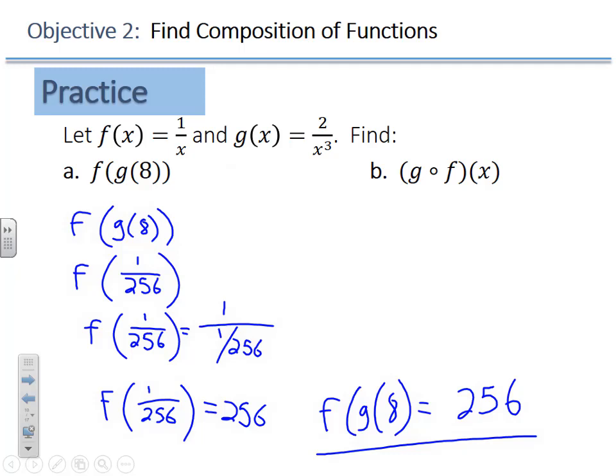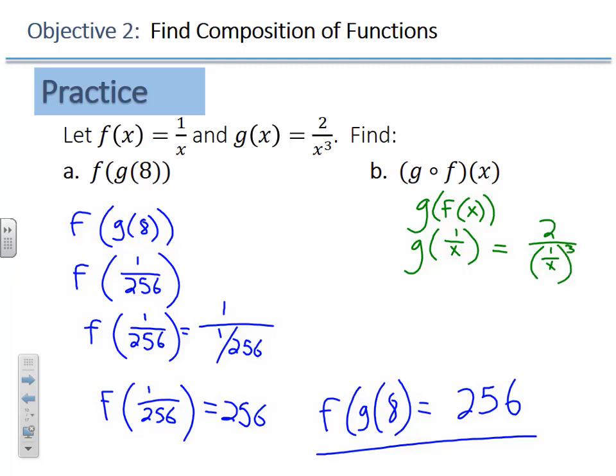Okay, and the solution of g of f of x, remember, that's the same as g of f of x. It's easier to think about that way. We want to plug the f function into g. So that's the same as saying I want to take the g function and plug 1 over x into it. Well, g of 1 over x, that's going to be equal to 2 over our input value, 1 over x,